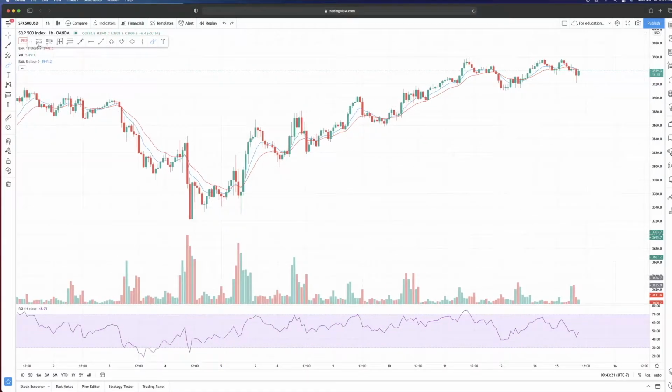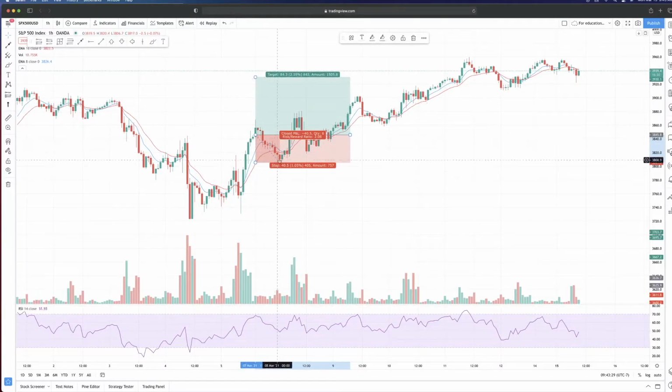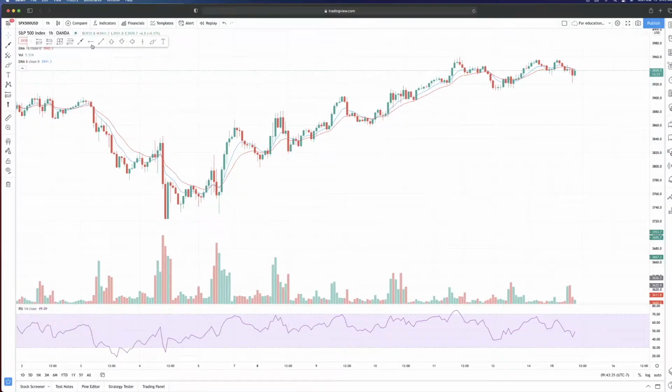A lot of people might buy out here and say, oh, there's a breakout of this previous resistance. Let me buy this breakout and I'll put my stop down here. And look what happens. They end up getting stopped out, and then right after that, price rallies. This is what we're trying to avoid. So essentially, what you would